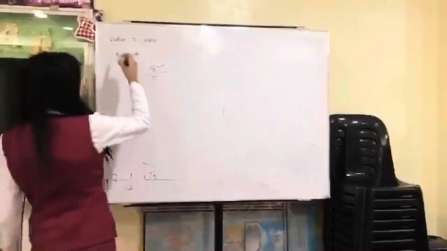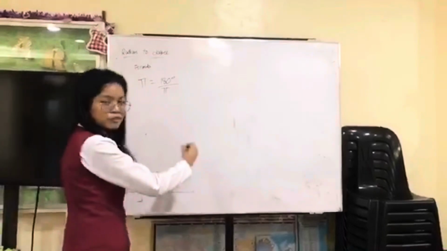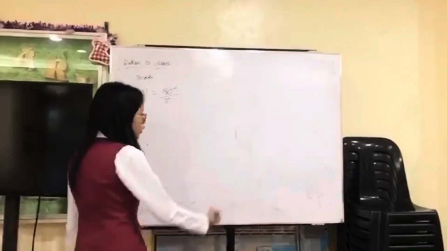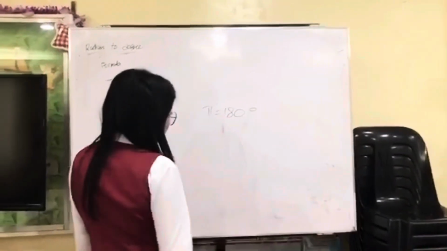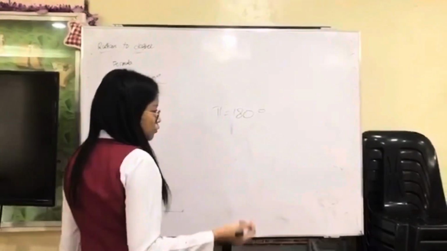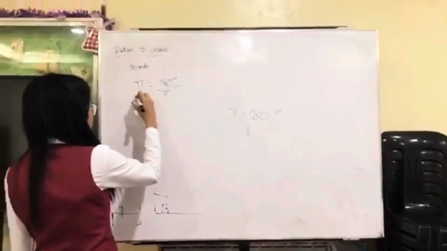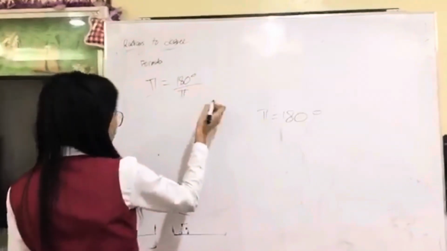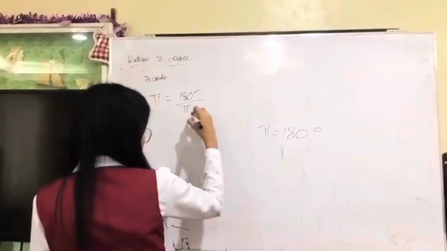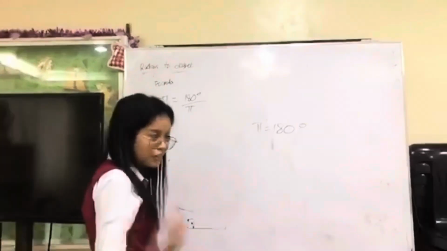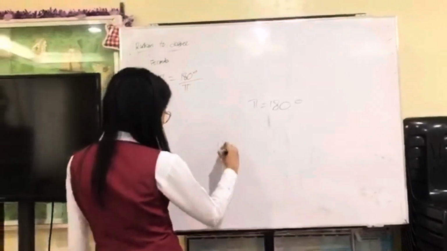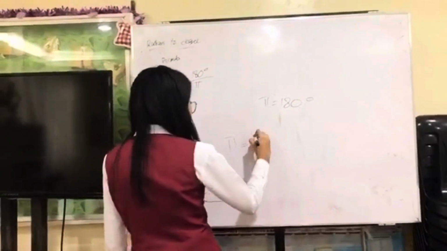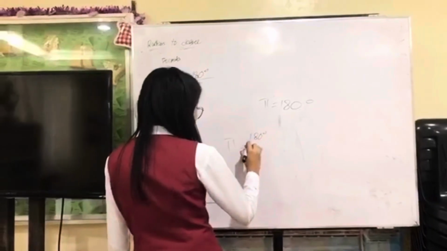Now we are at radians to degrees. But before we begin the conversion process, you have to know that pi is equal to 180 degrees. This is important to know because we will be using 180 degrees over pi as a conversion metric. This is because 1 radian is equal to 180 degrees over pi. That's simple.